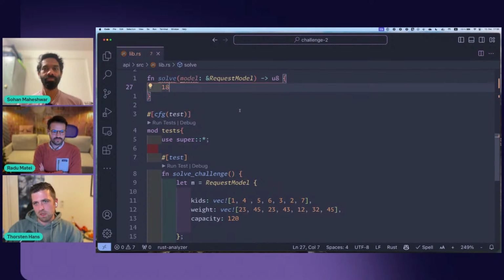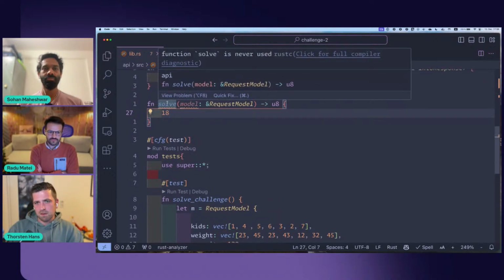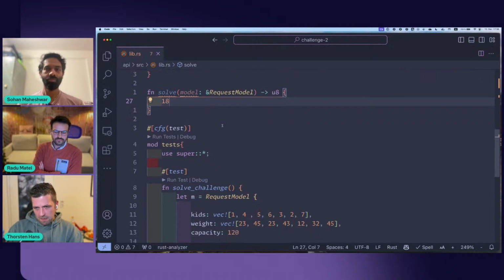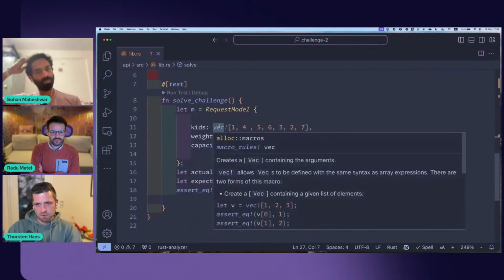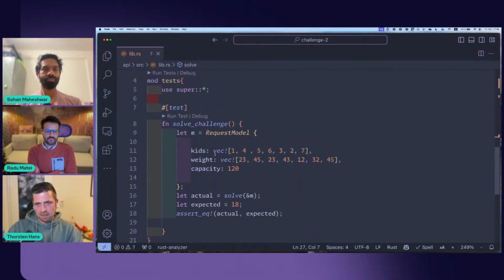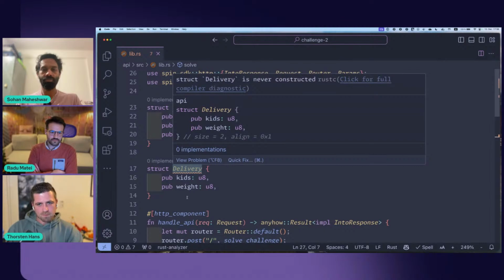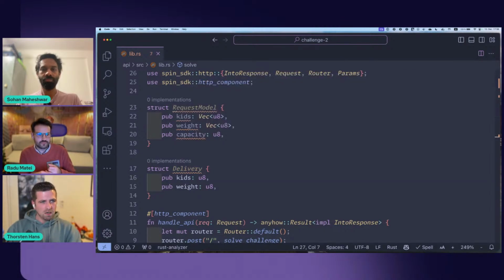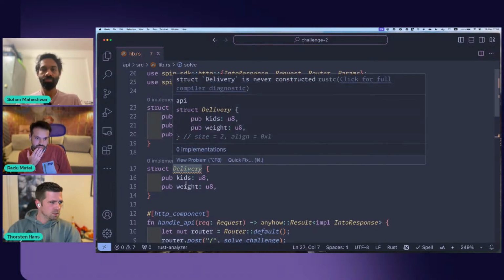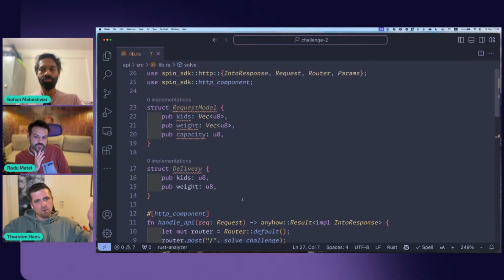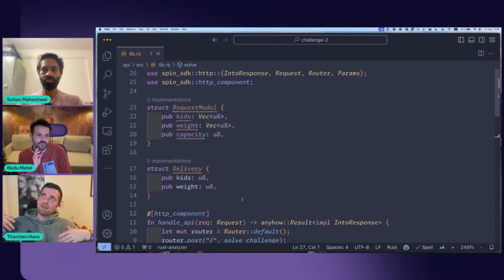That 18 would actually make the test green at this point, but we have to come up with a solution for that. As I said, I like to decouple the outer-facing contract model from the actual model. To do the conversion, I came up with just implementing the From trait for the vector of delivery, which gives me then a sorted result.